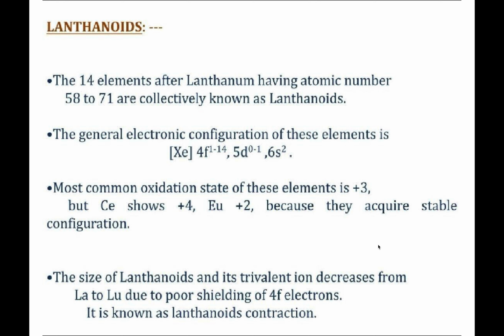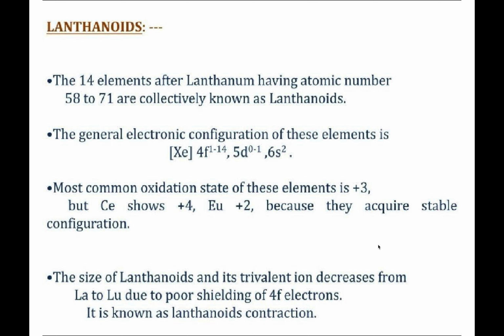And you have to learn the names of these elements from the symbols. I am not going into detail; it is given as a chart in the textbook. Here Ce stands for cerium and La for lanthanum. All these you have to remember. Then Pr for praseodymium, Nd for neodymium, Eu for europium, Gd for gadolinium, Tb for terbium, and Er for erbium. Remember all these, and better you learn them from the textbook.